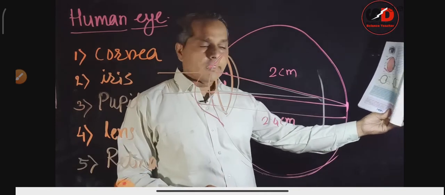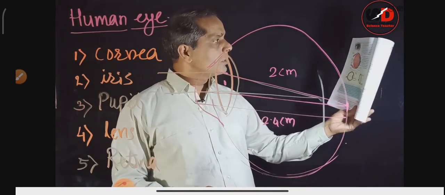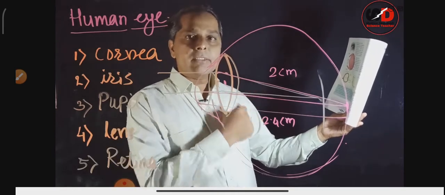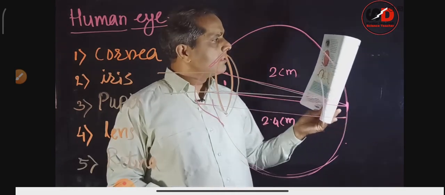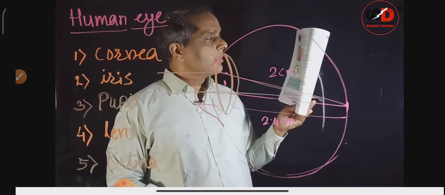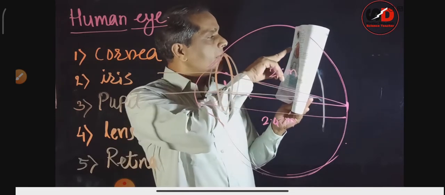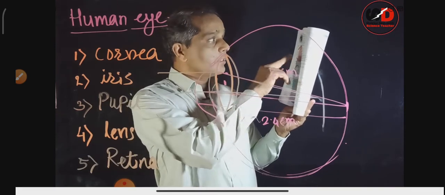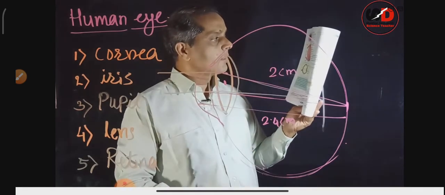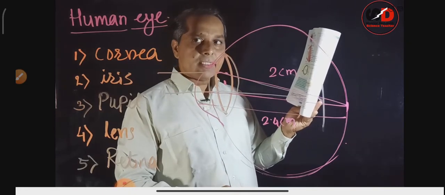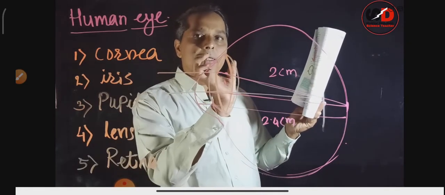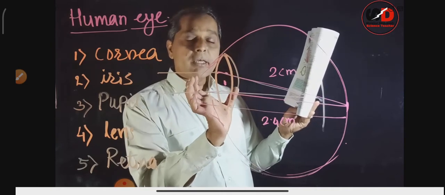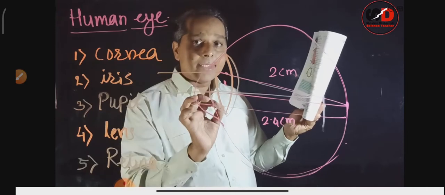You can easily read it. Take it closer and closer to your eye, then still I can read the letters which are present in it. Take it closer again, then still I am able to read the letters which are present here, but there is a stress on my eye. Why is there a stress? Because the lens changes its shape, adjusts its focal length, and therefore there is a stress on my eyes.